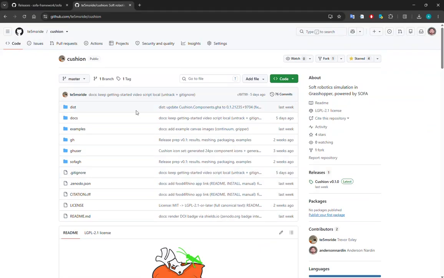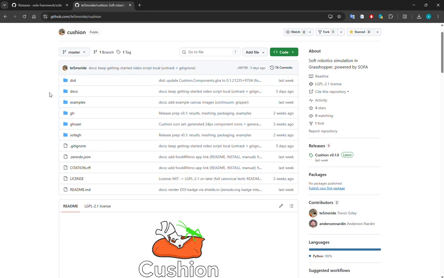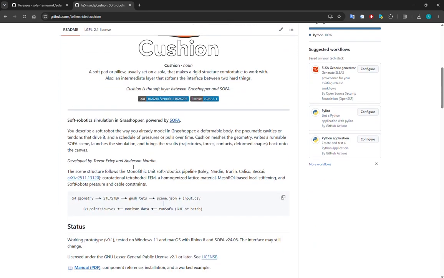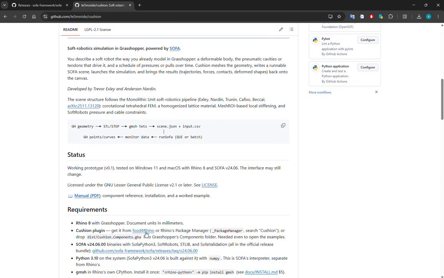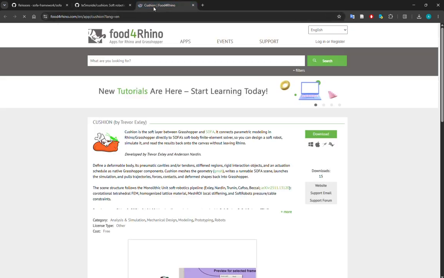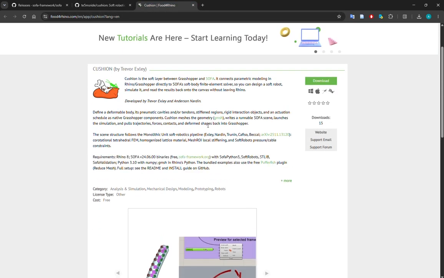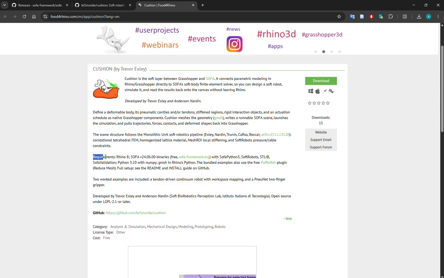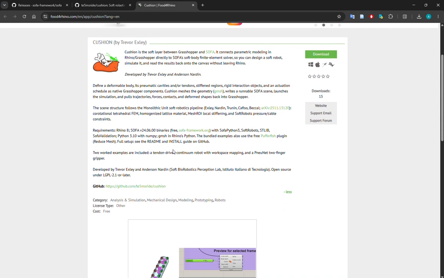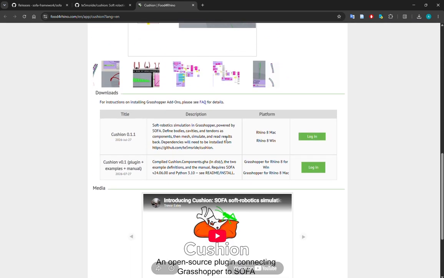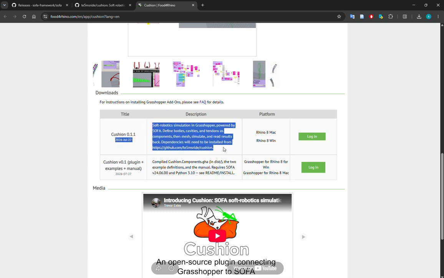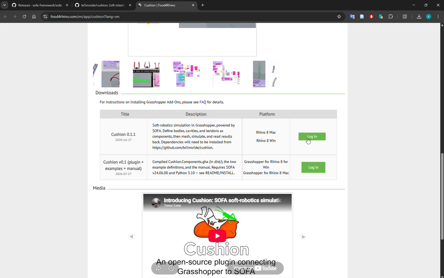So in the repository, we want to scroll down. We can find the link to Food for Rhino. On Food for Rhino, we have some documentation based around the requirements. And you can find the download links to both just the gha file and this first download link, which is in the package manager in Rhino, as well as the second, which is actually a zip of all the files